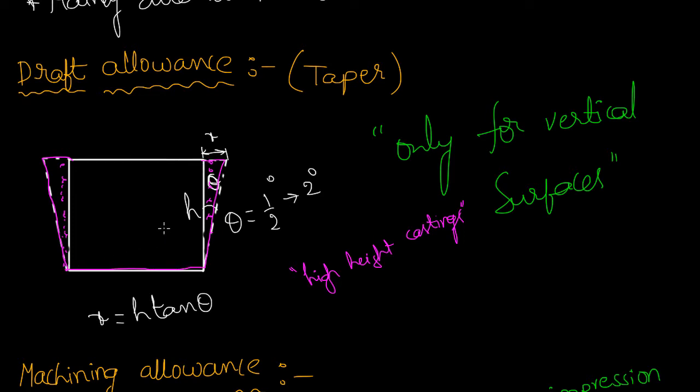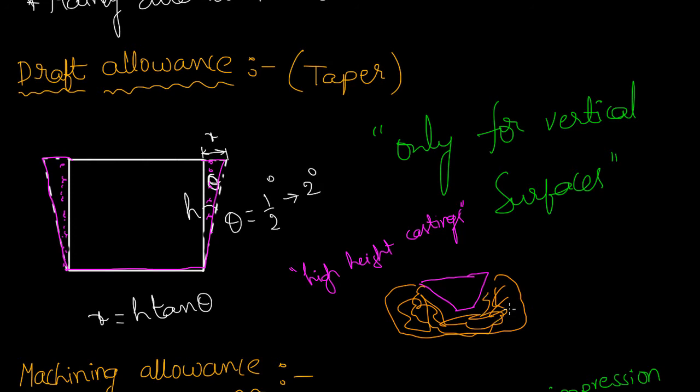Think of it the other way. If I make the pattern like this, assume sand is over here, over here, over here, over here. In the mold, sand is here, right? Everywhere is sand. The first contact point is here, right? If I want to remove the pattern, I just lift it up. What will happen? The contact area decreases while going upward, right?